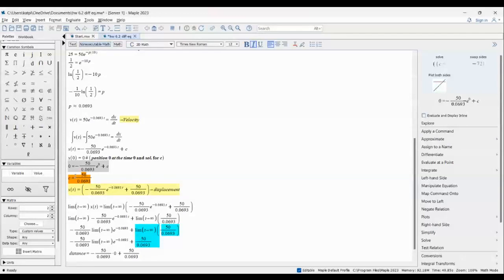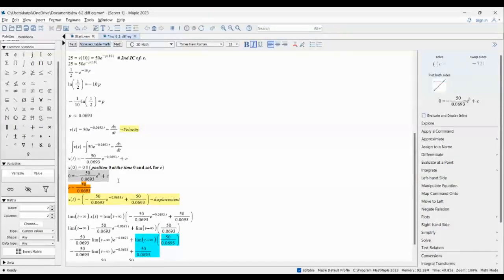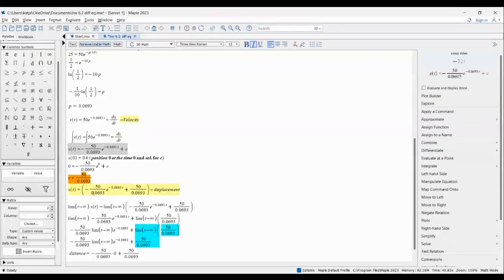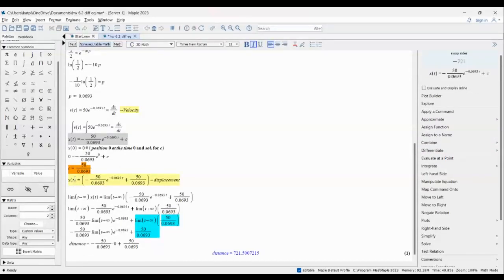And then we take this c and plug it into our equation, which gives us a full displacement equation of x(t) equals negative 50